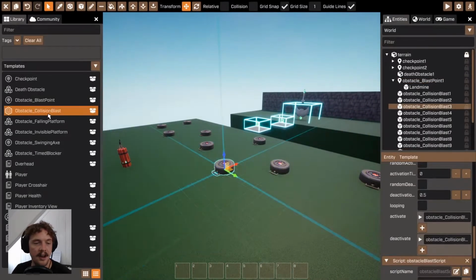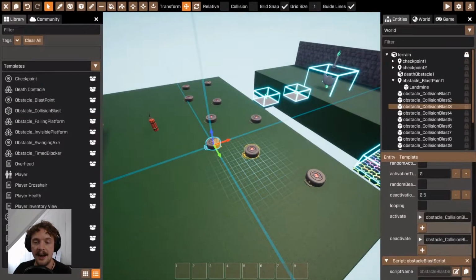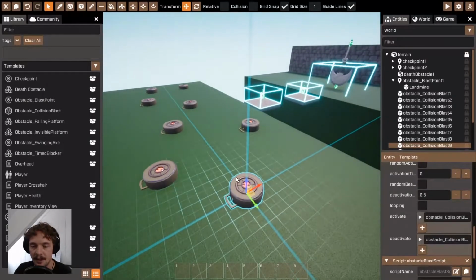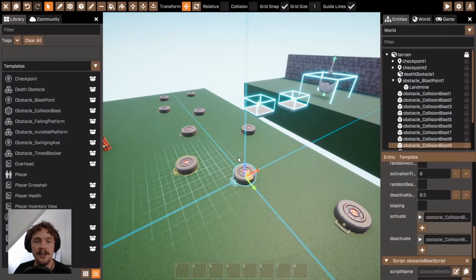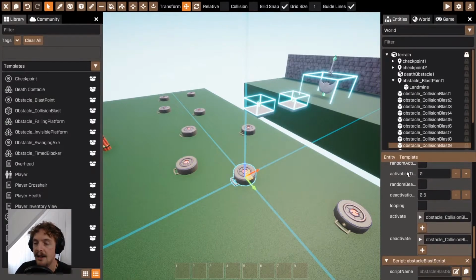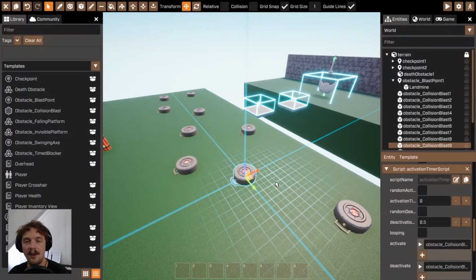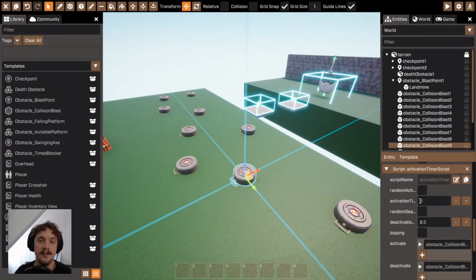These obstacles, these are obstacle_collision blast, and these act exactly like landmines, which is why they have the landmine mesh attached to them. So essentially, the player touches it, it will explode. You can see it's got the activation timer script attached to it. So in this situation, how long between when the player touches the landmine, how long to wait until it explodes? Well, at the moment it's 0, so it's essentially instant. But you could just as easily make this a random amount of time from when the player collides with it to it exploding, or you could give them, I don't know, 2 seconds